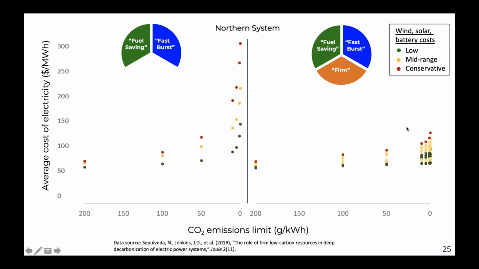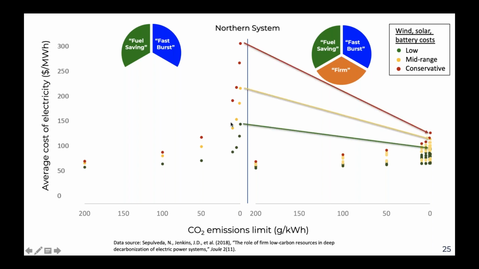Instead, when we have one or more of these technologies available, and it really doesn't matter a whole lot which technology it is, we see costs fall dramatically. And we can see in particular that the colored dots here represent our assumptions about the cost of wind, solar, and batteries. So the conservative case is about 2018 costs. And then we have two levels of cost declines from NREL's forecast, the mid-range and low-cost cases in yellow and green. You can see that under any assumption for how cheap wind and solar or batteries get, it is